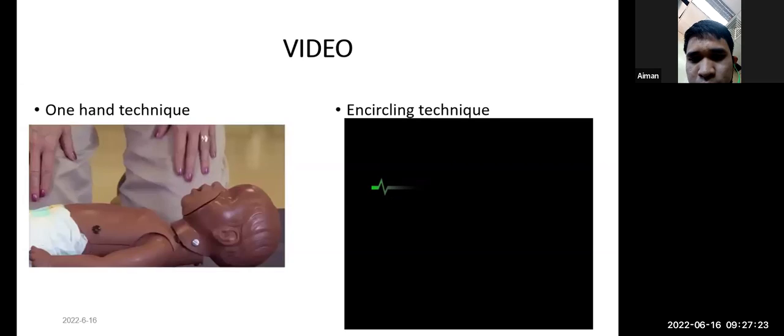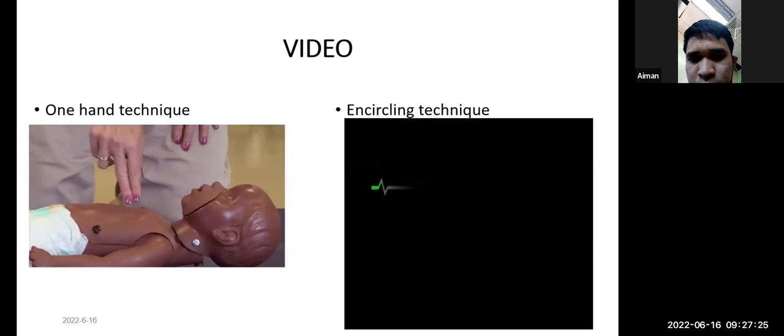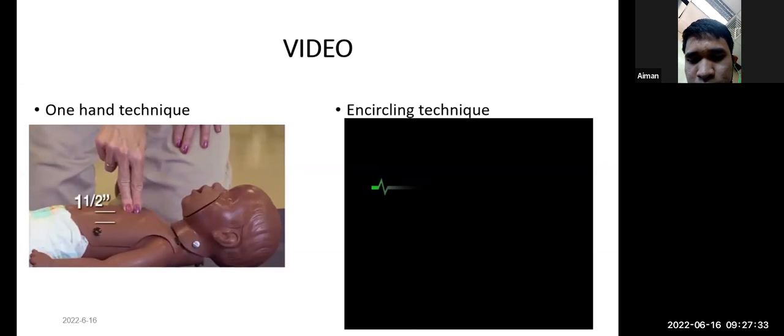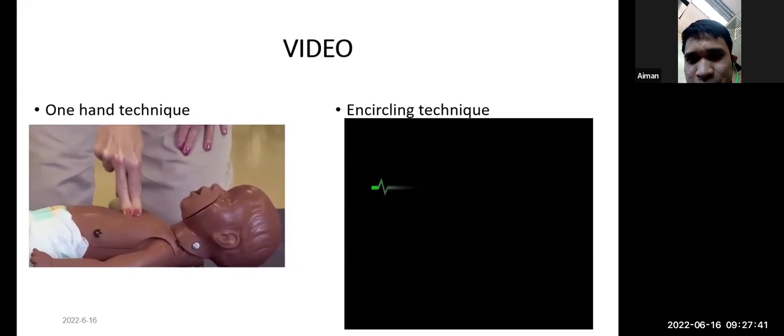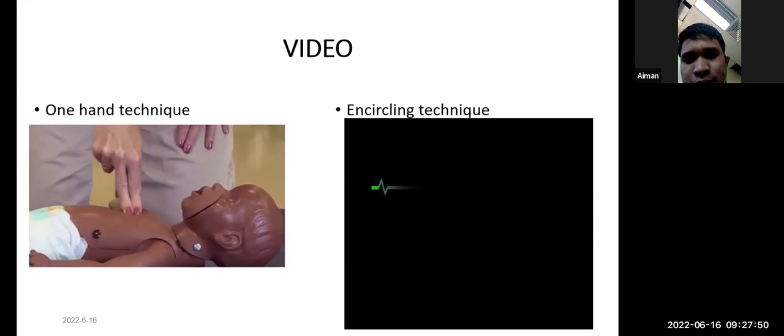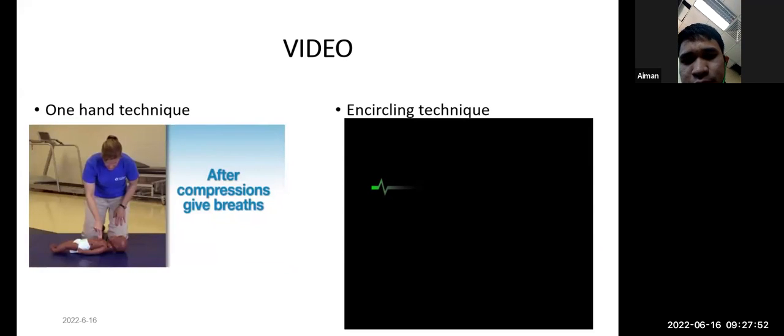No breathing or signs of life, begin CPR. Position 2 or 3 fingers on the center of the infant's breastbone just below the nipple line. Compress the chest 1.5 inches in depth 30 times. 1 and 2 and 3 and 4 and 5 and 6 and 7, 8, 9, 10, up to 30.